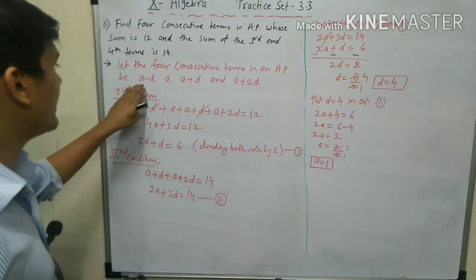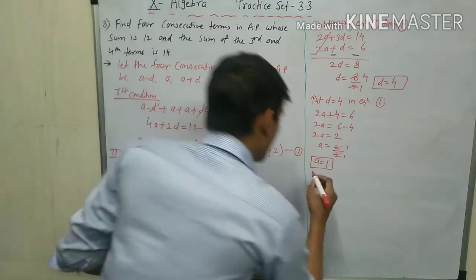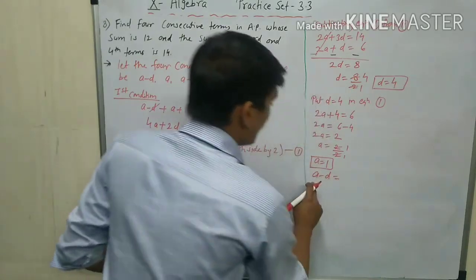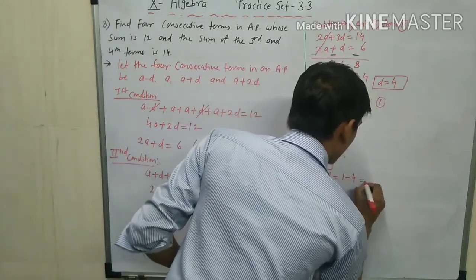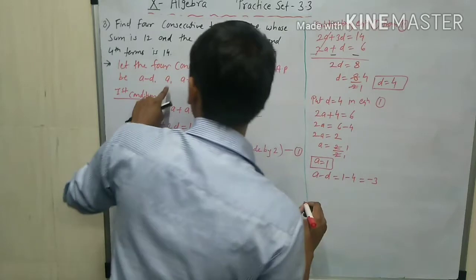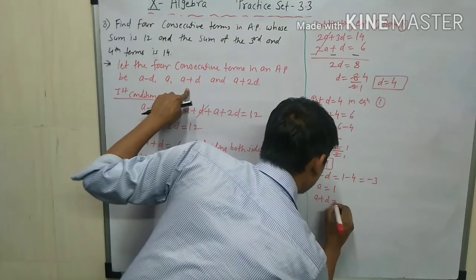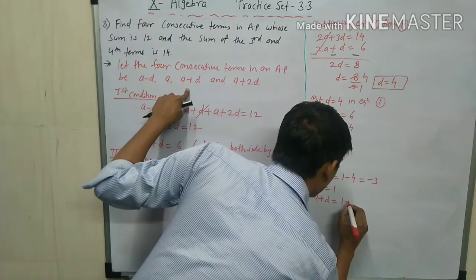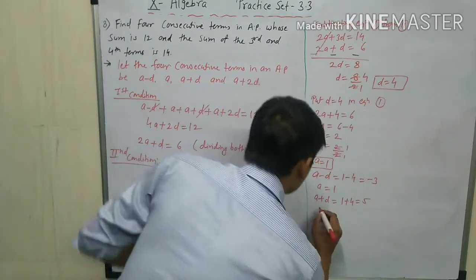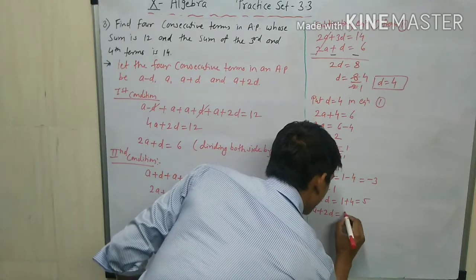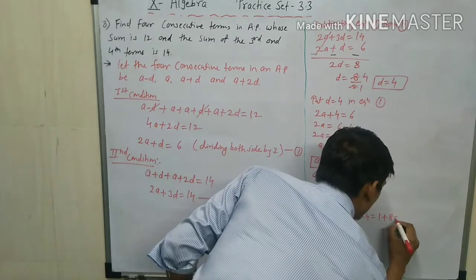Now taking A = 1 and D = 4, substitute the values in a - d, a, a + d and a + 2d. First, a - d is equal to, what is the value of a? A = 1, minus d value, 4, is equal to what? Minus 3. Now a is equal to 1. Now a + d is equal to 1, d is 4, 1 + 4 is equal to 5. Now last is a + 2d. A is 1, plus 2d means 2 into 4, is equal to 1 + 8 is equal to